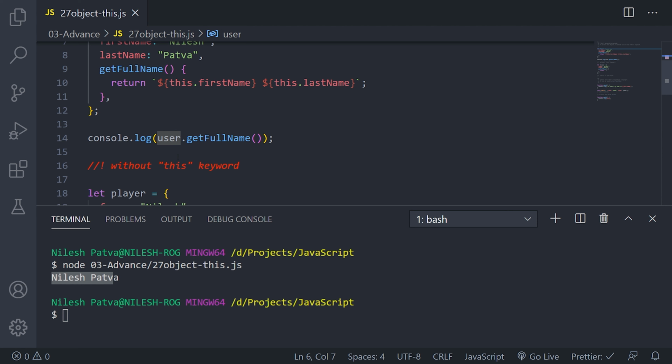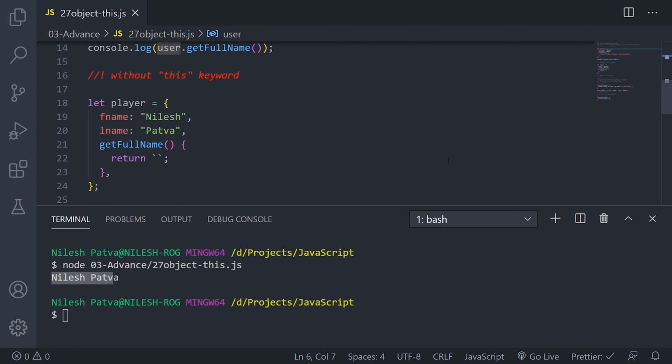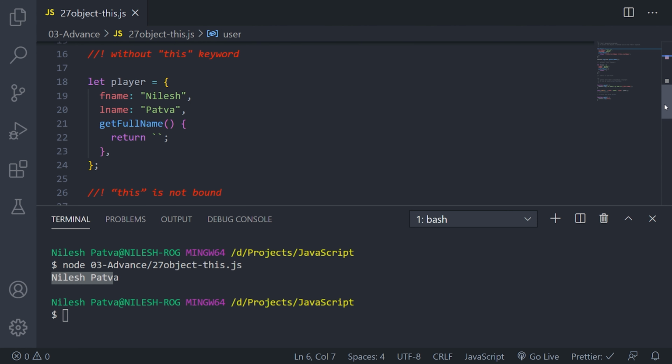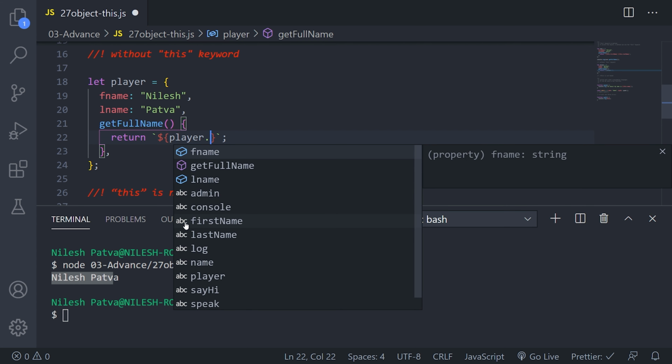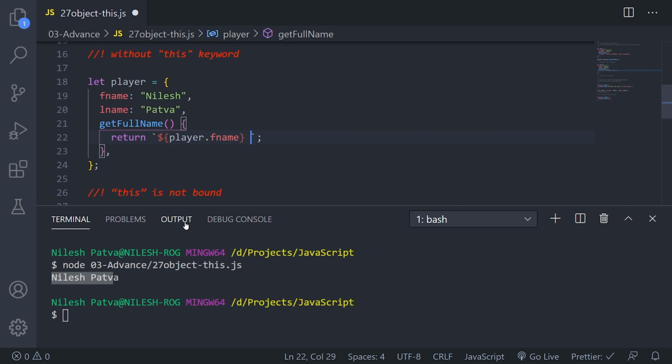Let's say you don't want to use this keyword, you can directly use the object itself, but there is a catch. I will show you here. So let's say I want to access player, then first name I can access.